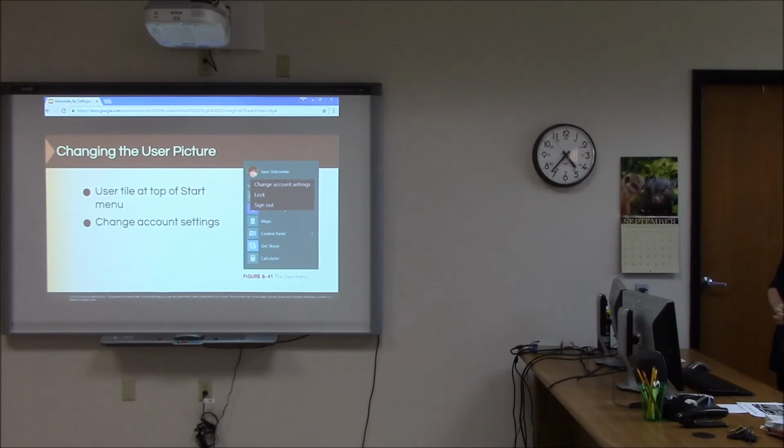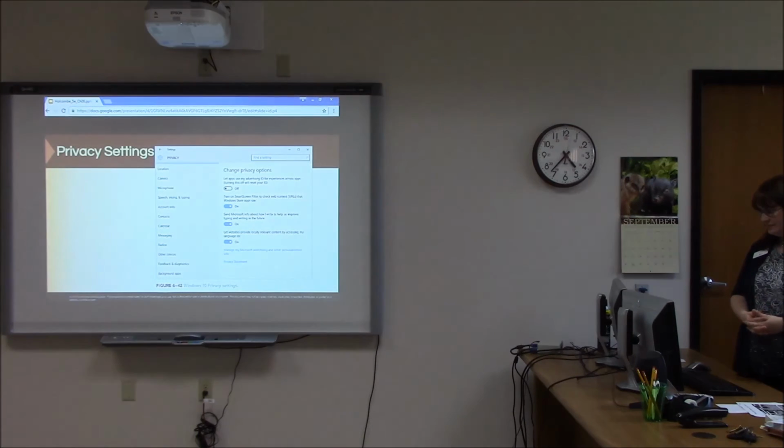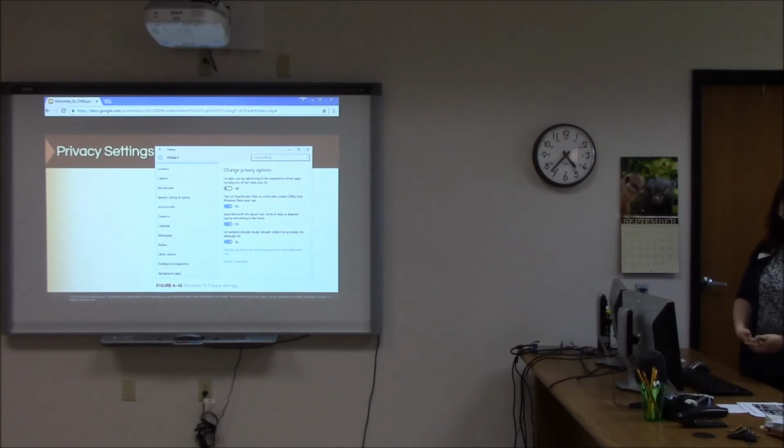The user picture, that user tile at the top, you can go to change account settings and change your picture. Securing Windows 10. So if you just blindly upgraded Windows 10 and you didn't really check any of the